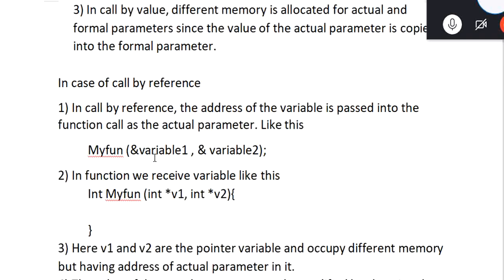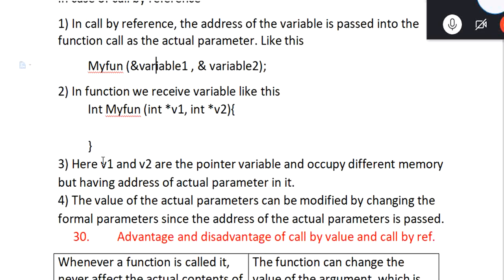Here also it is the same thing: this variable and this variable occupy separate memory. But what V1 contains is the address of this, and V2 contains the address of this. So this variable has separate memory, but the value it contains is the address of this variable. In the same way, V2 contains the address of a different variable.